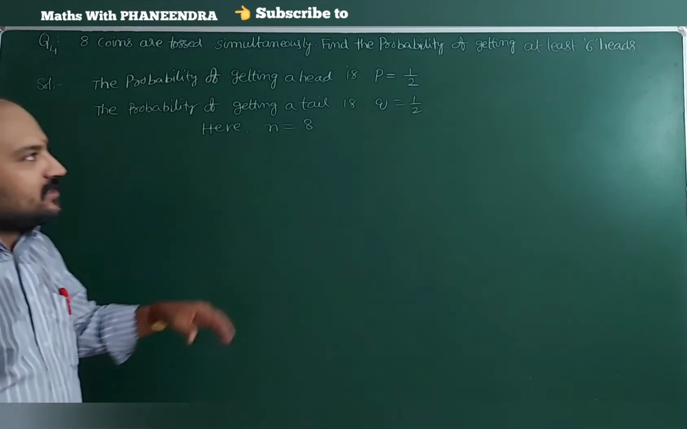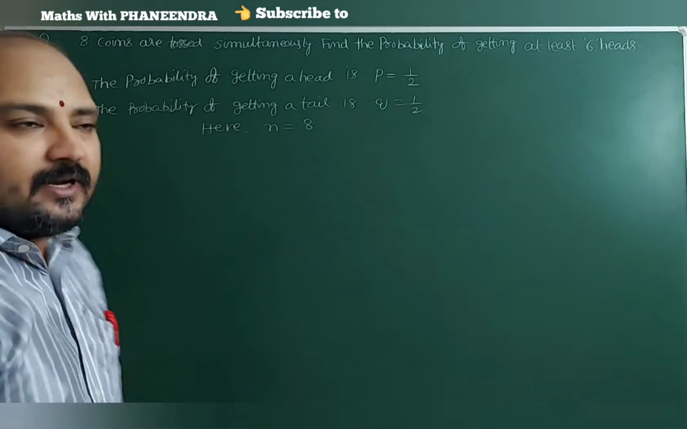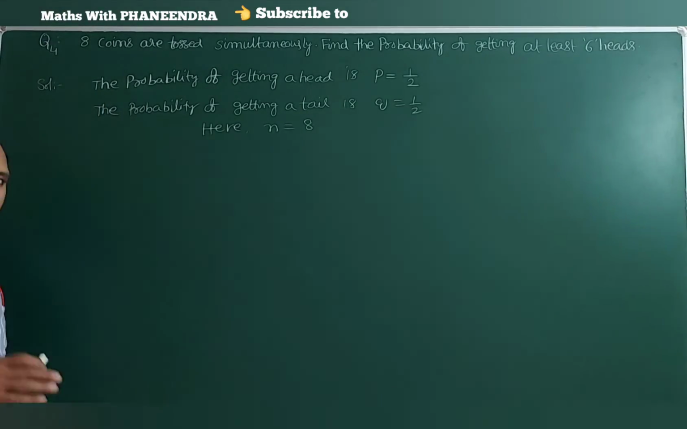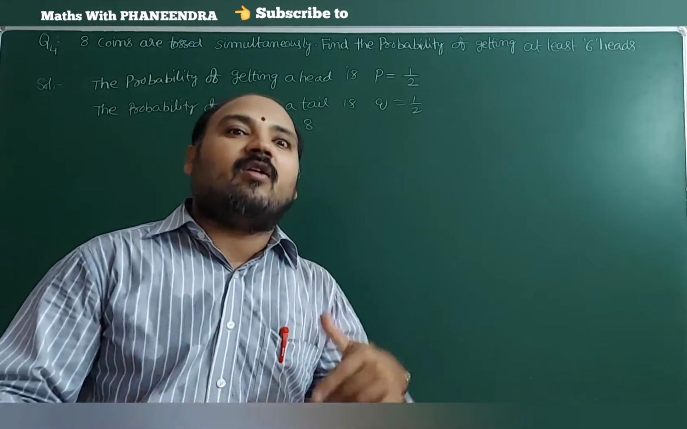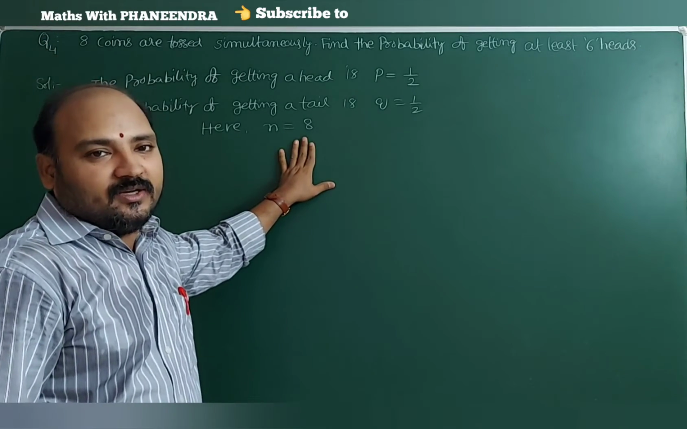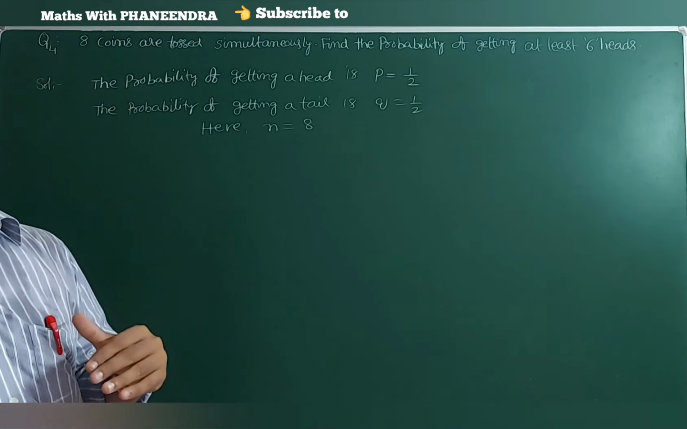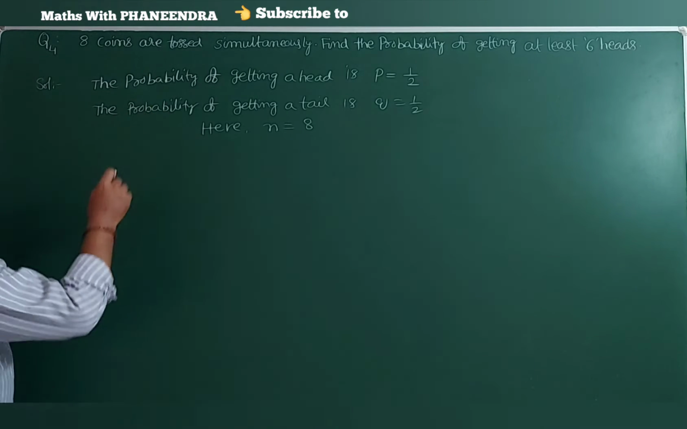But the question is, the probability of getting at least 6 heads. At least 6 means either 6 or more than 6. So total how many are there? 8 are there. So at least 6 means either 6 or 7 or 8. So the probability of getting